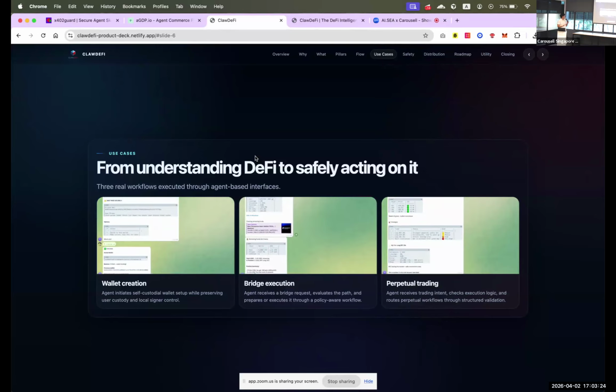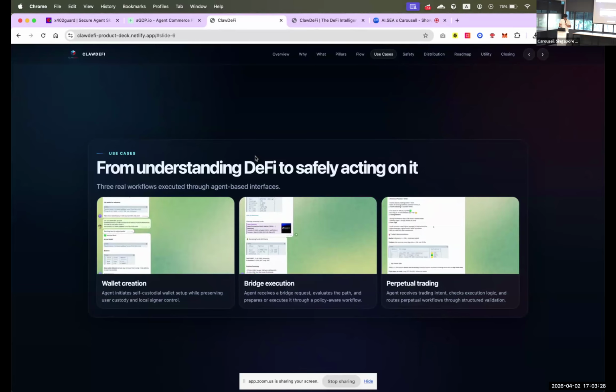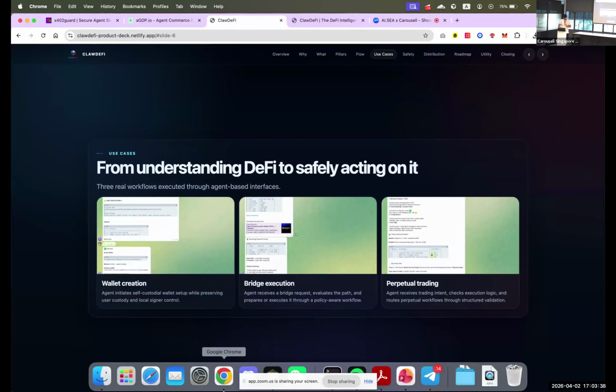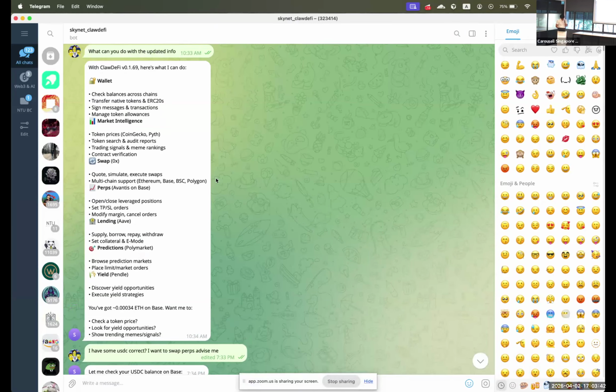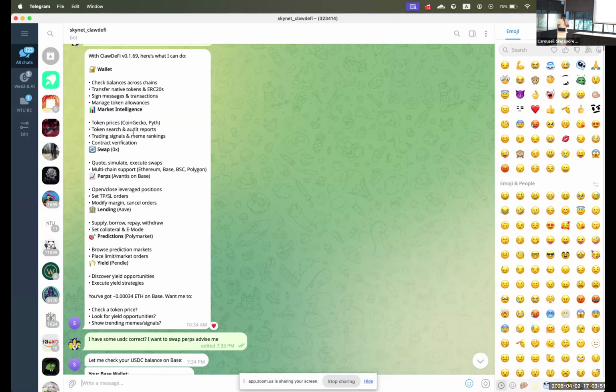So I managed to create a simple scheme MD file to integrate, hey, you want to create your own crypto wallet just by typing it in the Telegram chat, or you want to swap your tokens to different chains, or you want to trade, for example. So let me show you guys how it works. So over here you can see that, let me zoom in. Okay, I can't. Anyways, you can see that you can check your wallet, you can check the market prices,